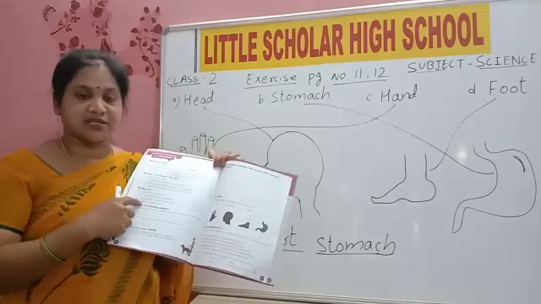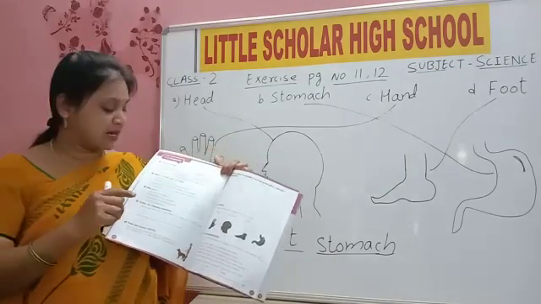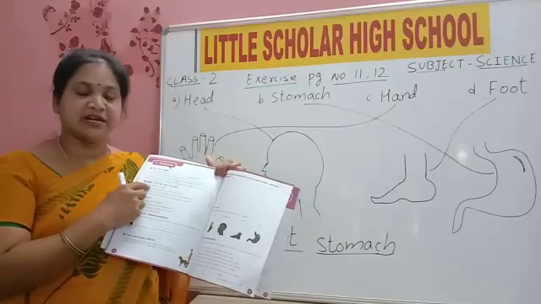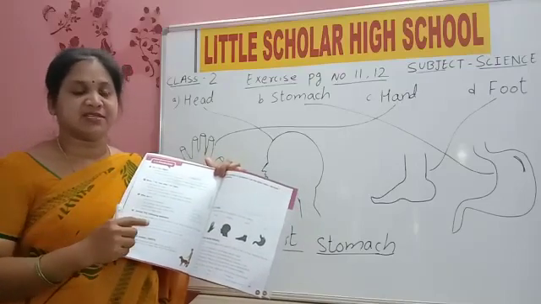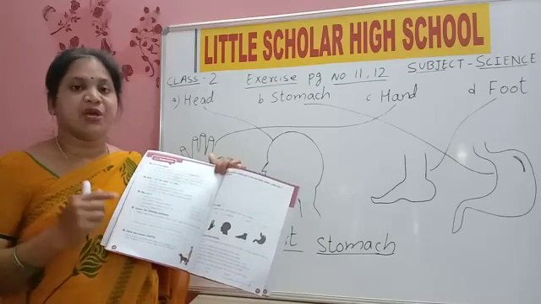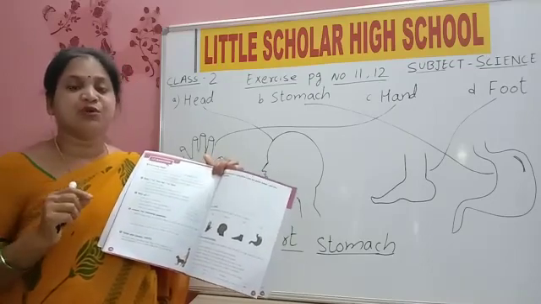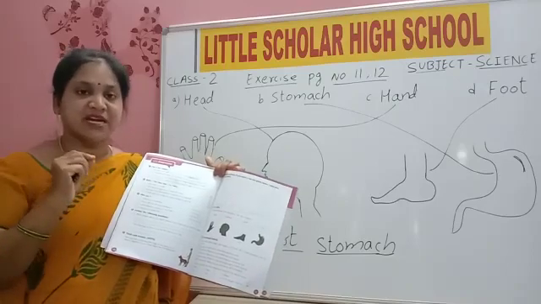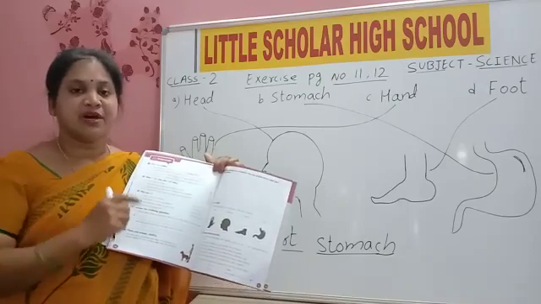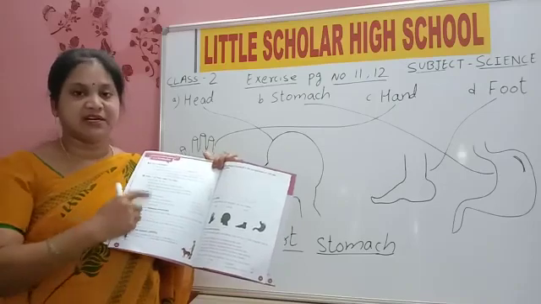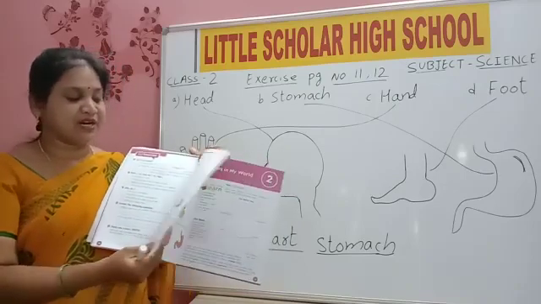Read once again. Try to read all the sentences. If you don't know, spell and read. EYES, eyes. HELP, help. US, us. TO, SEE. If you don't know how to read, you spell each and every letter and you try to read, children. Read the lesson, learn the objective. Is it clear, children? Complete this.